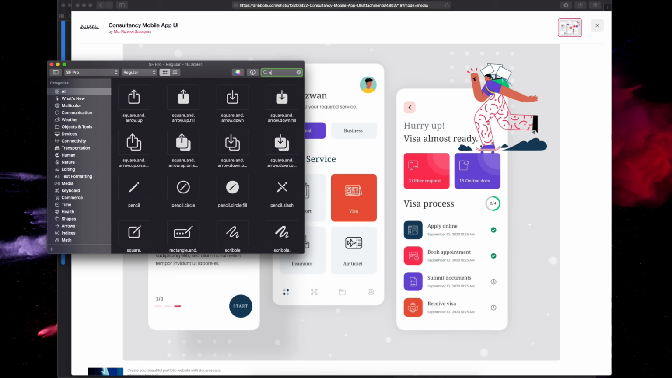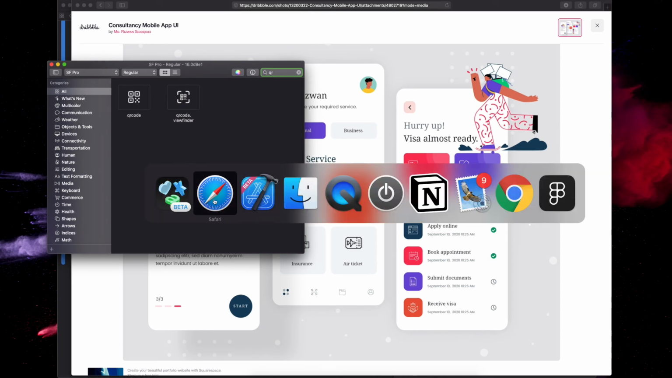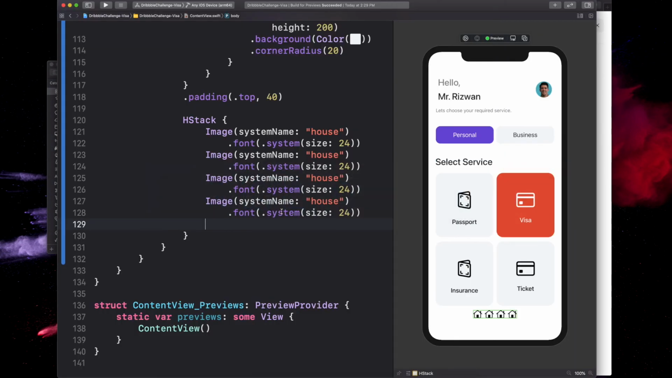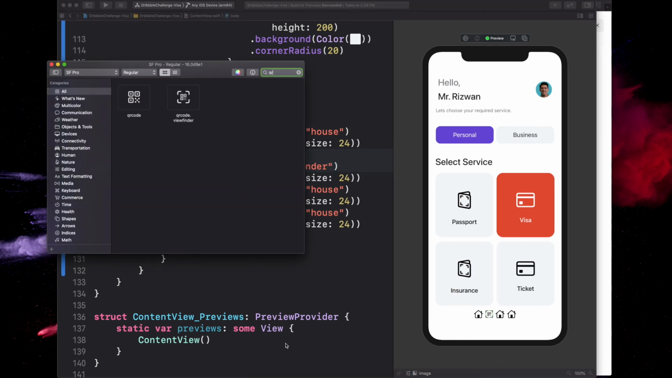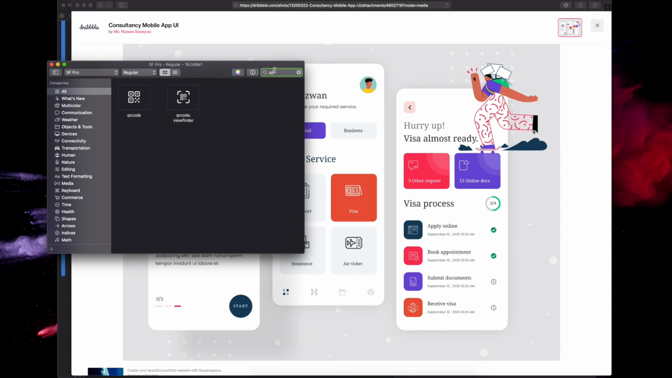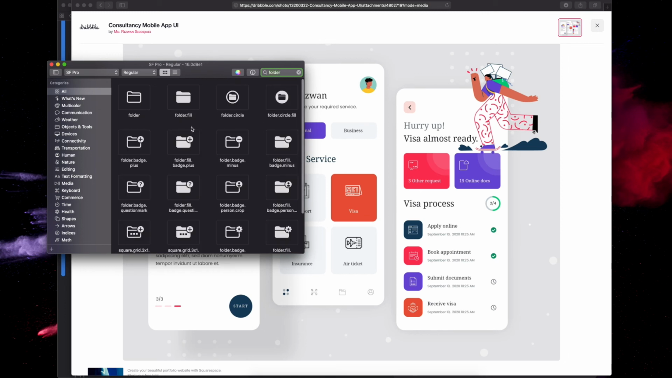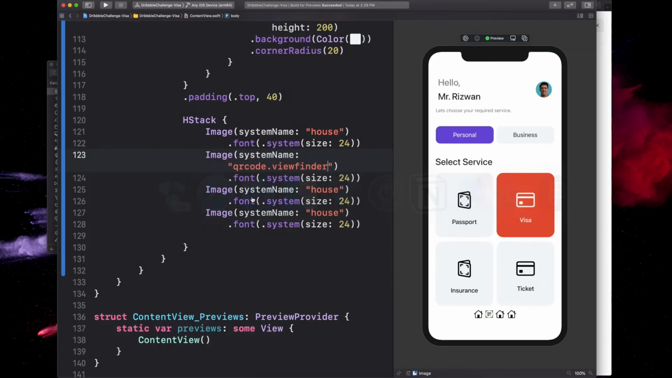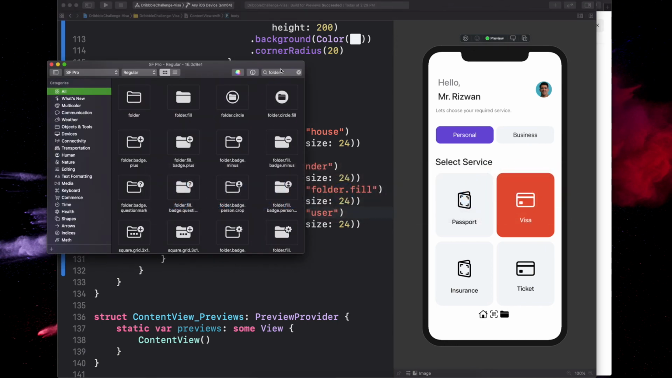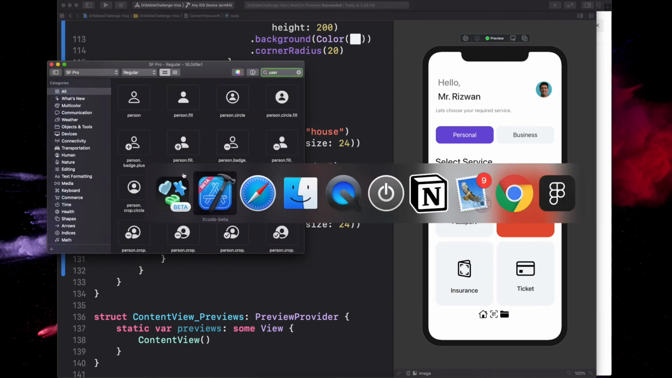Let's do QR code, QR code dot viewfinder. It's qrcode.viewfinder. Okay, that's there. And then we're gonna do folder, right? Folder fill. Yeah, let's do folder.fill and user, and I think it's like person.circle,